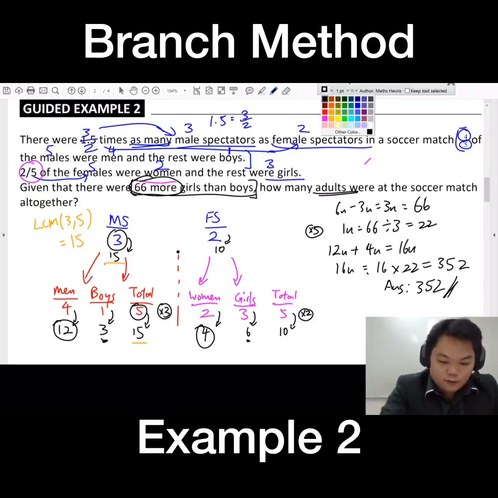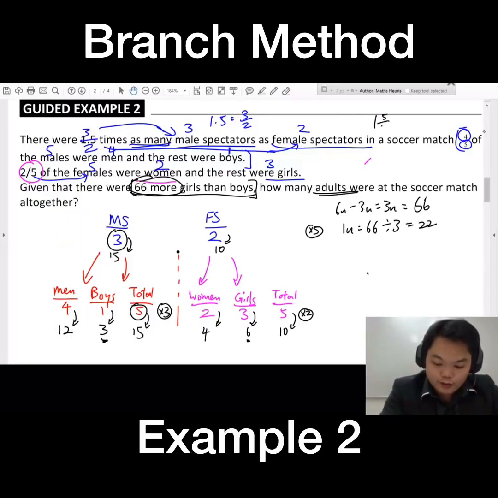Okay, how do you change 1.5 into 3 out of 2? First way, you can just press your calculator directly. Second way is we go by definition. This is 1 whole and 5 tenths. Change it